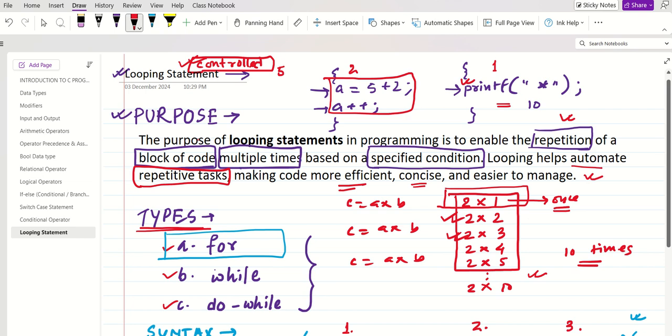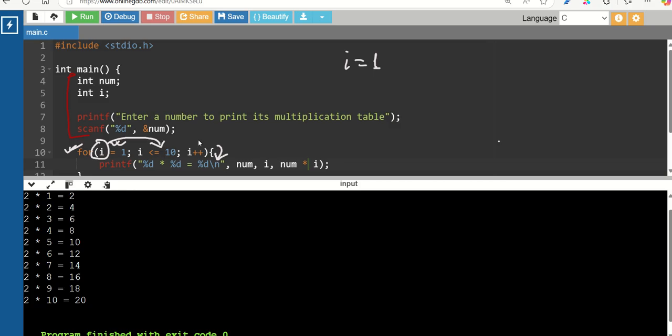We'll see a couple of examples when it will be uncontrolled. Don't worry, it is just an introduction of the for loop that I start discussing. Okay, so I start with